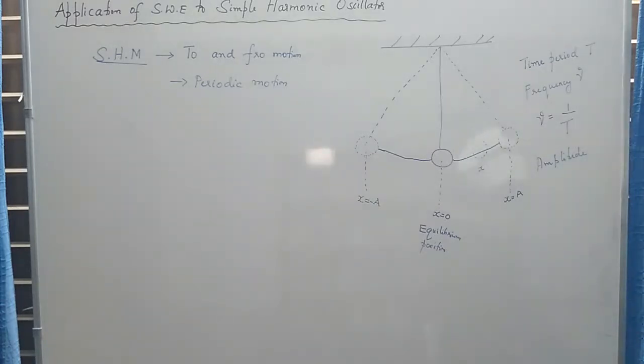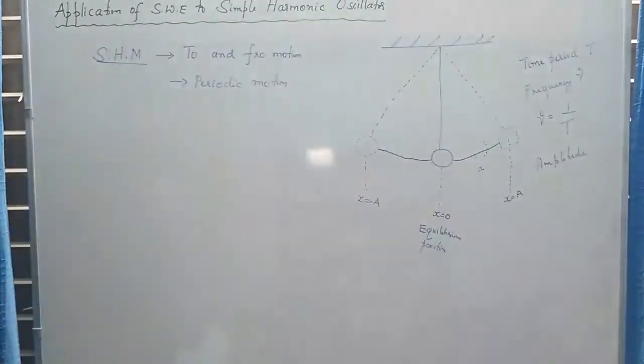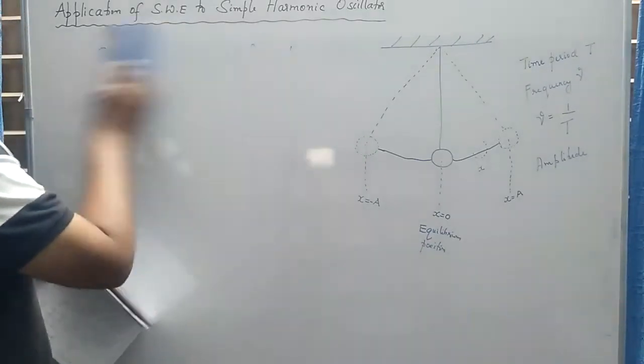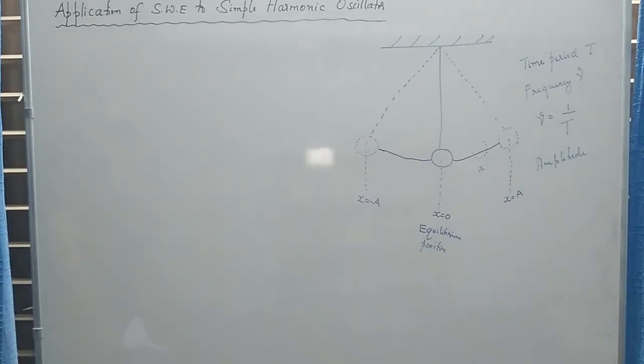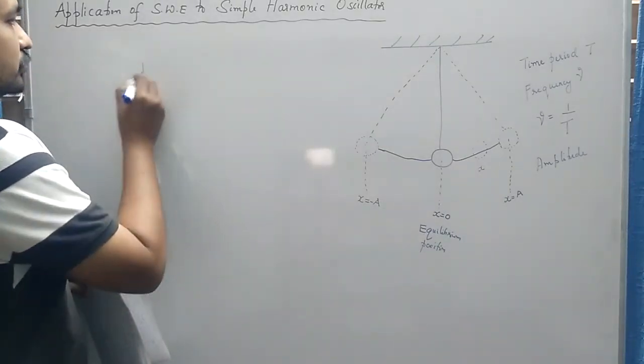Now let us try to understand some physics of the simple harmonic motion. So what I will do is I will parallelly take one more example for simple harmonic motion. Okay, and by taking both the examples together, let us try to understand some basic physics of simple harmonic motion. Okay, so what I will do is I will take